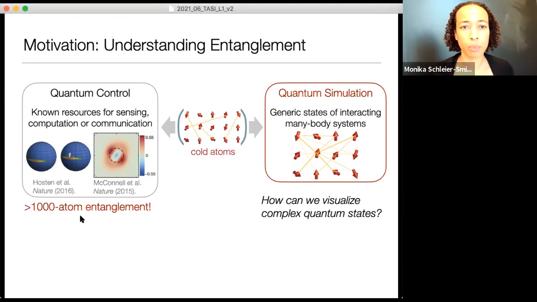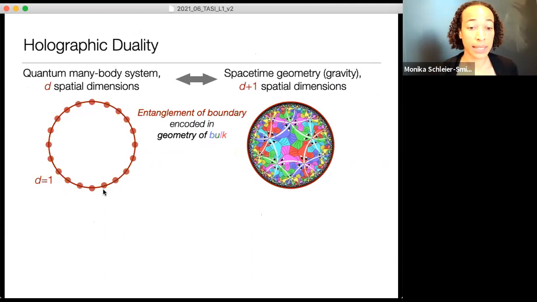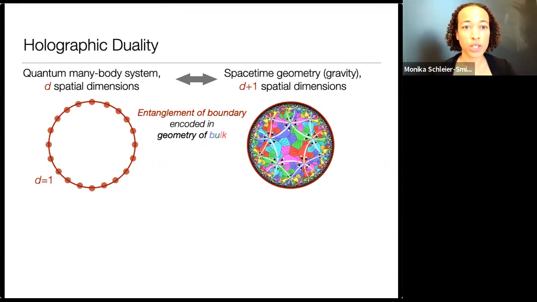And this is kind of what drew me, attracted my interest in the beautiful idea of holographic duality that I assume you have heard about and thought about over the course of this summer school, which is that in certain cases, if I have some quantum many-body system in, let's say, d spatial dimensions, like this 1D system on the left here, maybe a ring of qubits, in certain cases, there's a mapping to a higher dimensional system with space-time curvature and gravity, where that geometrical picture explains something or gives a way of visualizing something about the structure of quantum correlations in the quantum system,